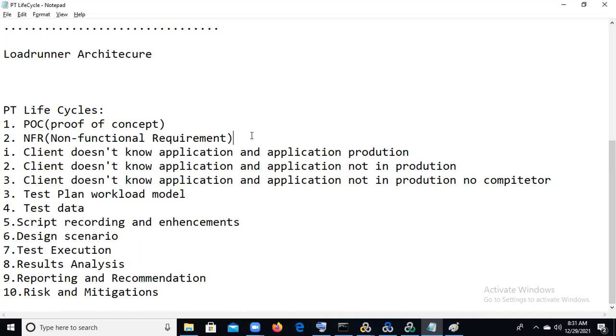For example, take the Facebook application. What are our critical business scenarios? Just observe: the maximum number of users will log in, right? Everyone has to log in, so login is one of our CBTs.